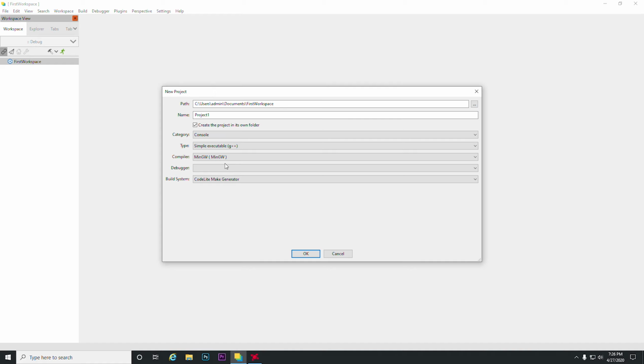The compiler is MinGW. If you have multiple compilers installed on your system, you will get different options. For me it's just one option. Now the debugger. The GNU debugger is used in Windows and the LLDB debugger is used for Mac. So we are going to select the GNU debugger because we are using Windows, and for build system we need the default. So we're going to click OK.